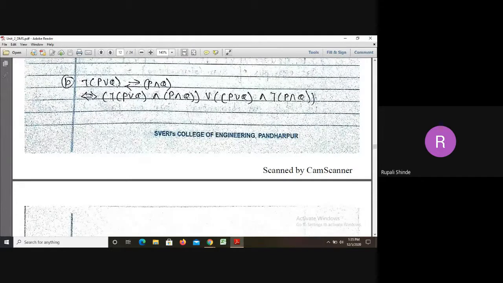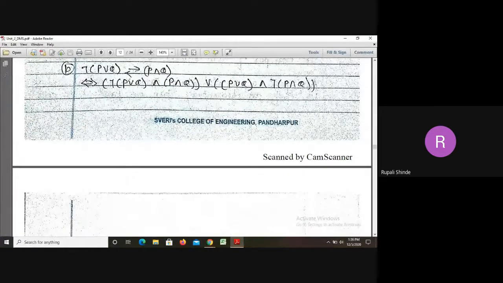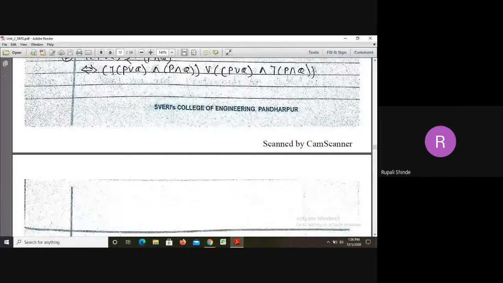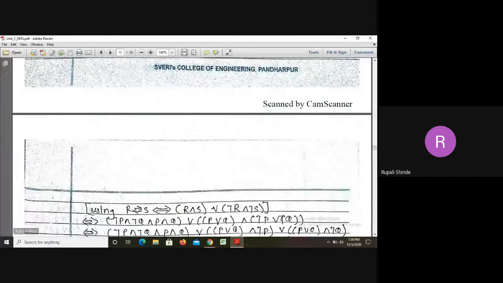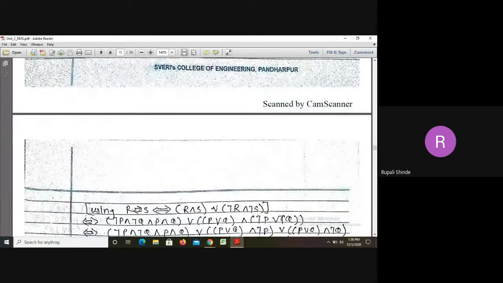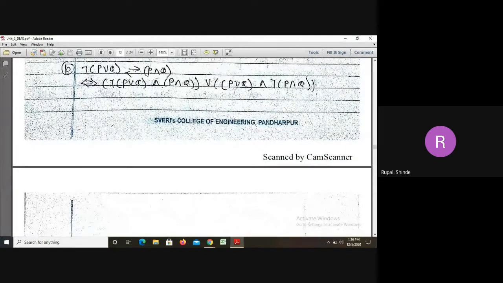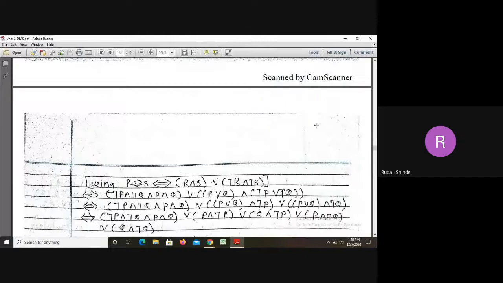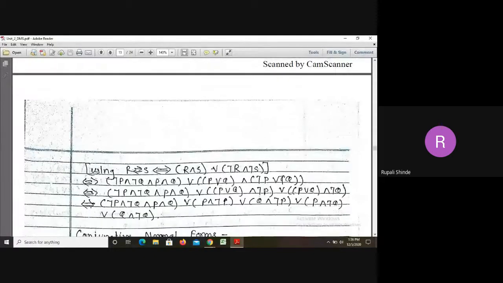P or Q. So here the negation will get cancelled. So our final term is P or Q and negation of S. Here the value of S is P and Q, so we have to take negation of P and Q. Now we can apply this negation inside the bracket as negation P and negation Q, and the next terms are as it is, P and Q, or P or Q, and again we have to apply this negation inside the bracket as negation P or negation Q. So that is written here.